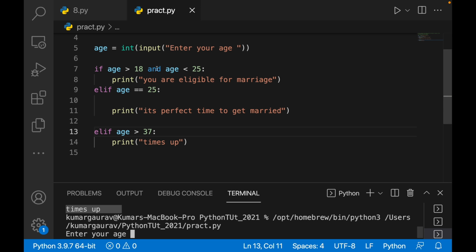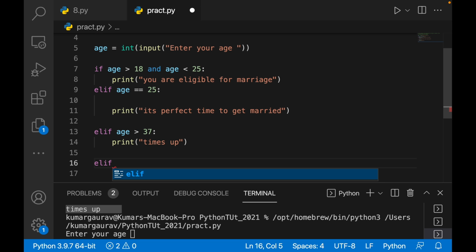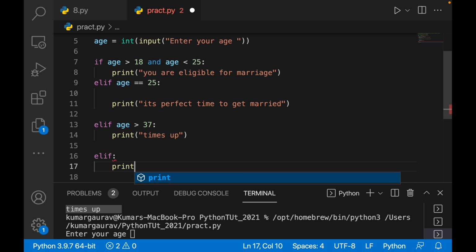You have to be very clear in this, and this was all about the if conditions and elif conditions. There can be any number of elif statements, guys, and you can also have an else statement. Else is executed only if all the conditions inside if and elif fail. For example, I'll put elif, print